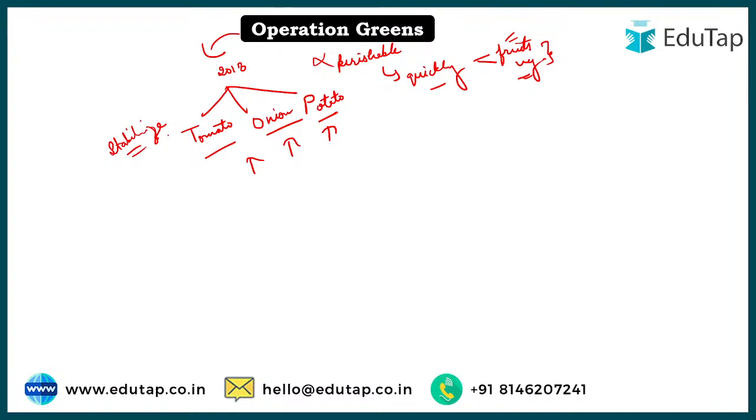Why is this a reason? Because in India we lack infrastructure for storage of perishable crops, right? Here I specifically want to talk about cold chain value addition. What is cold chain value addition? These are storage structures where the temperature is controlled and atmospheric gases are also controlled, so that the perishability of the crops can be reduced and the shelf life can be improved. What is shelf life? Shelf life is for how long a particular crop can sustain.